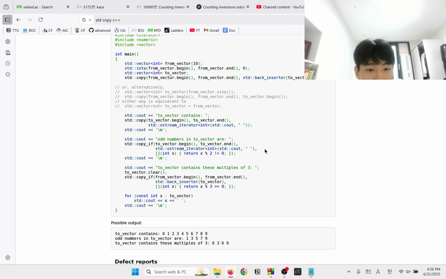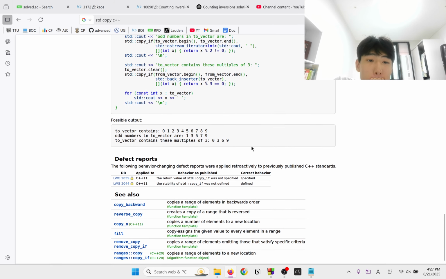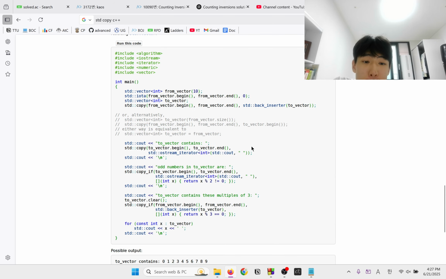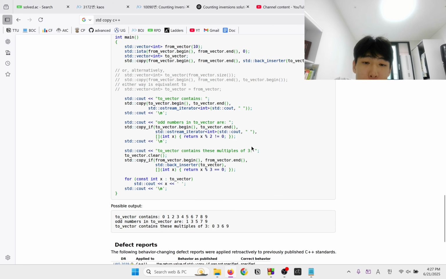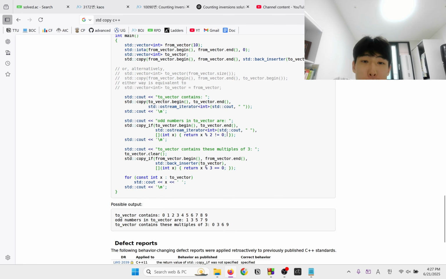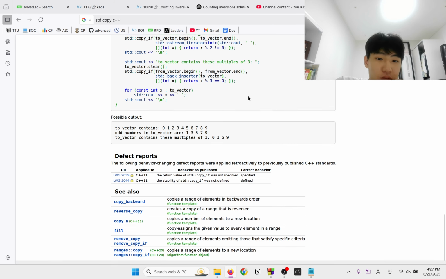That's actually really nice. That's clean. This is a really fun way of writing code.